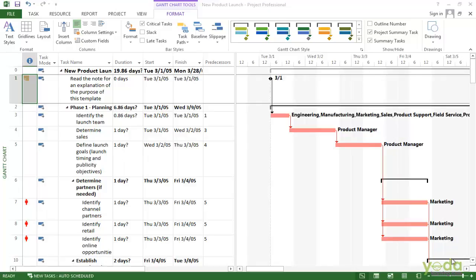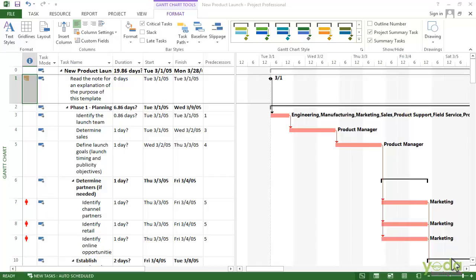Hi, greetings everyone. In this video, we will understand how to level the resources in Project 2013. Project's level resources feature delays and splits the resource assignments to help you get rid of over allocations. You can level the entire project or just the portions that are giving you trouble. You are going to work on resource over allocations.